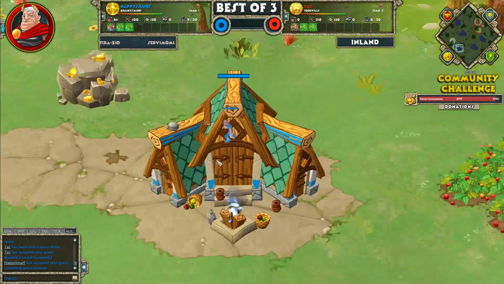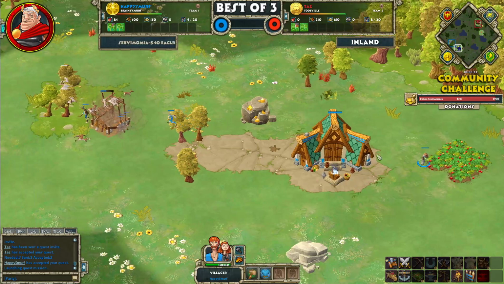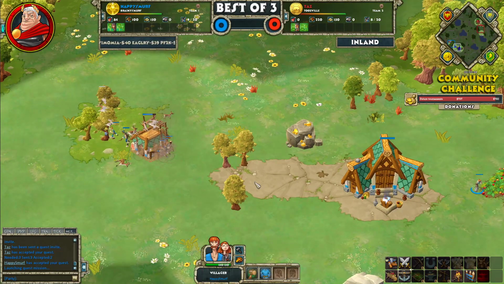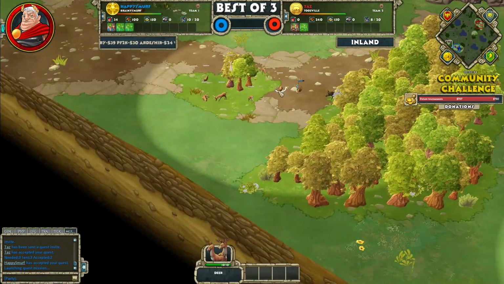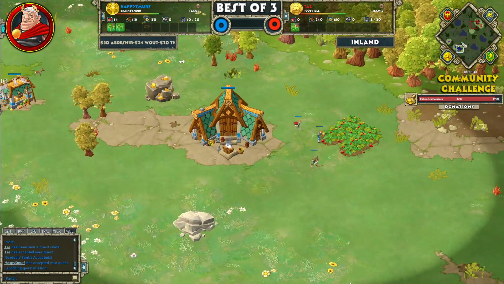So, Happy Smurf, again, player number 1 today, as the blue player, which he'd certainly appreciate. He's Norse, although I'm not quite sure why he sent this villager here. He probably would have liked to have just put it straight on the storehouse. Either way, I'm sure he'll fix that up in a sec. And he's found 2 hunts, so he's already going to make good use of the 2 North Scouts on this